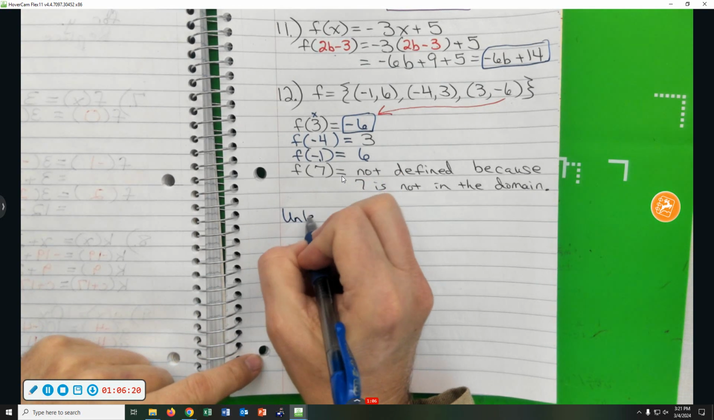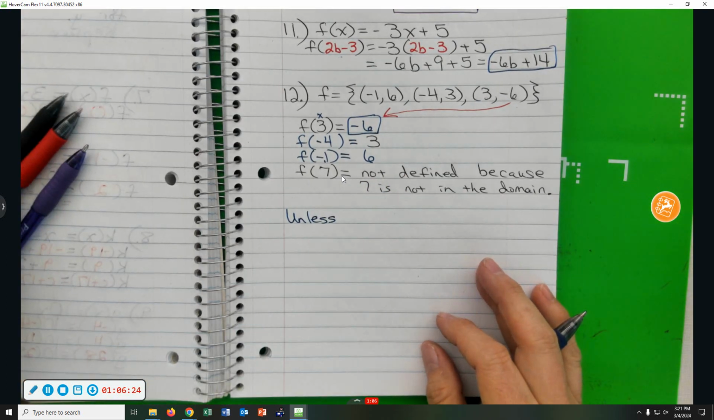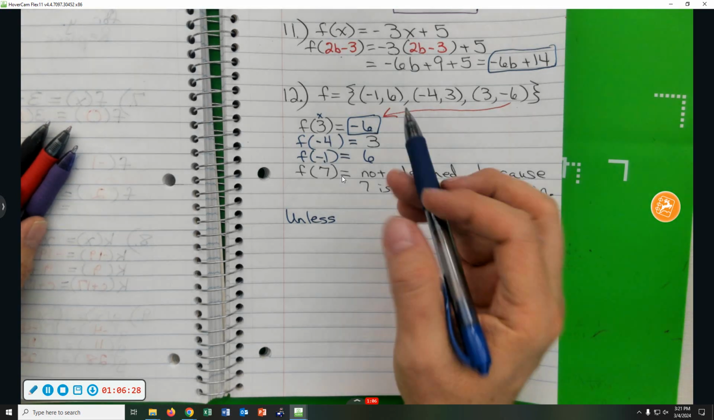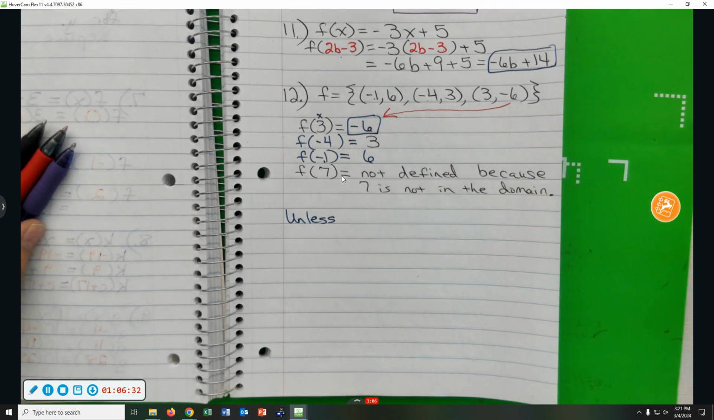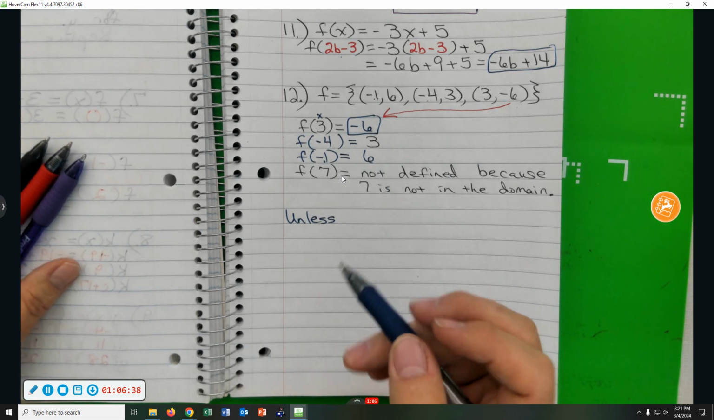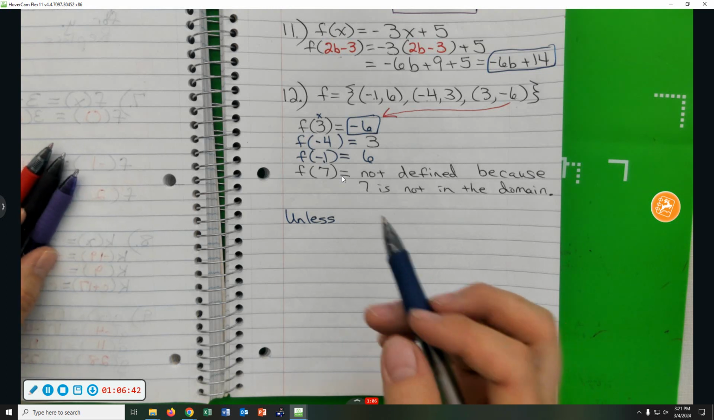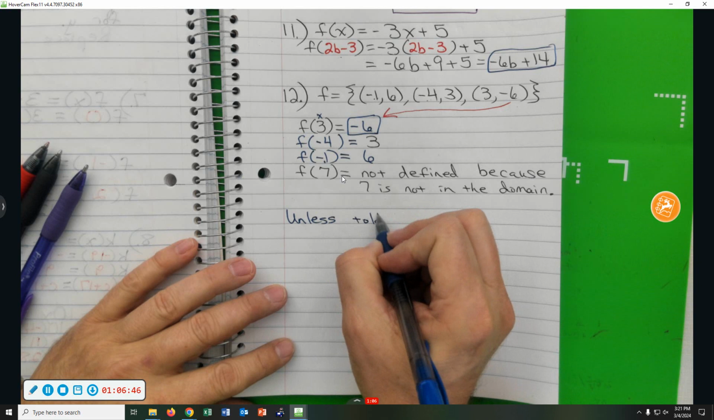So what we're about to start doing is how do you find the domain of a function when it's written as one of those formulas or equations? Well, we know how to find the domain if it's written as an ordered pair, or if it's a graph, you look and ask, does it keep going and going forever? Or the arrowheads, if so, which way is it going forever, left, right, up, or down? But with an equation, unless told otherwise,